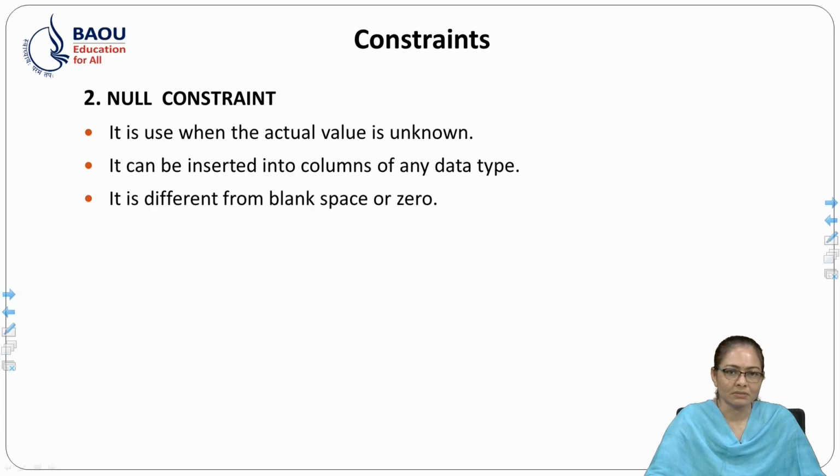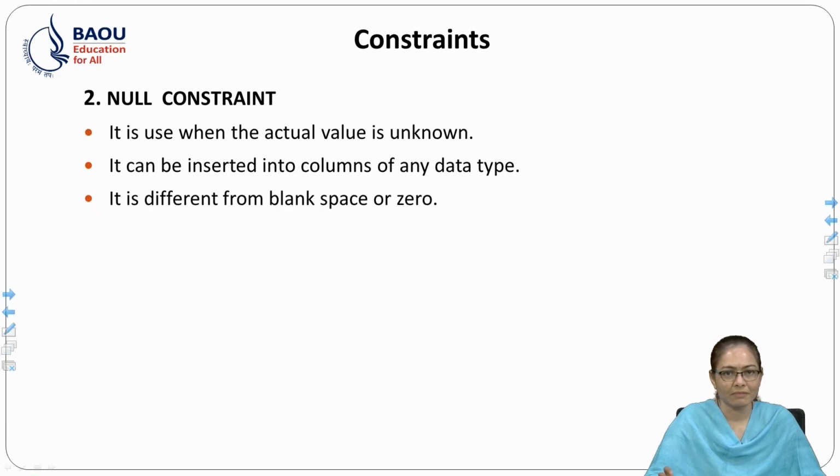It is used when the actual value is unknown, or a null value can be inserted into the columns of any data type. A null value is different from blank or 0. Suppose we do not know some data in a particular column, like the phone number column. If we don't know the phone number of a particular student whose roll number is 3, then generally we leave the column blank or put 0, but it will create some problems